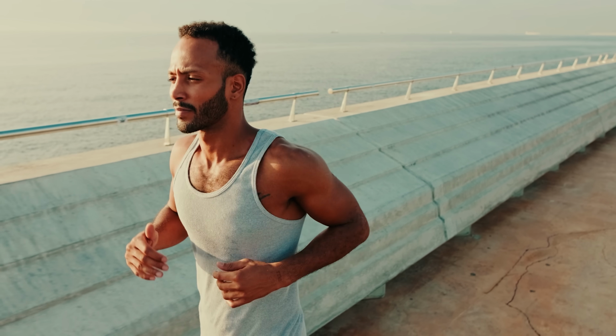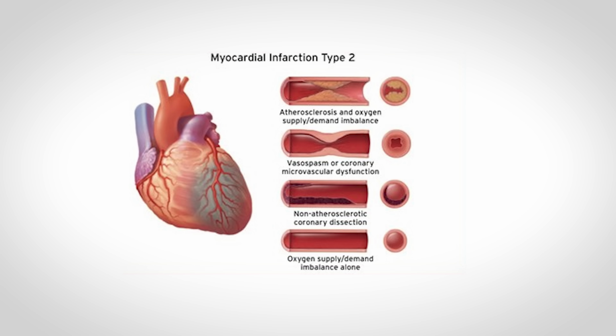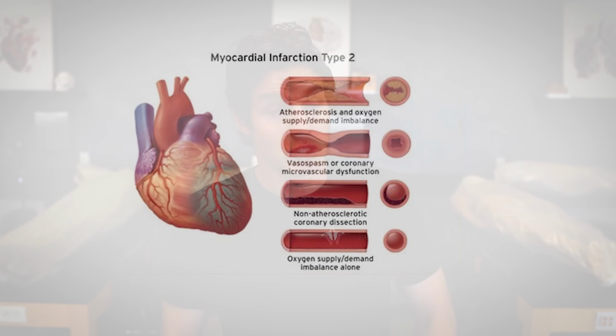And this is where we can have a very important discussion about why monitoring your heart and cardiovascular health is important for everyone, even those that exercise. Because what the final diagnosis was for my brother was a type 2 myocardial infarction secondary to atrial fibrillation. So he did technically have a heart attack, but not the typical heart attack, hence the classification of type 2